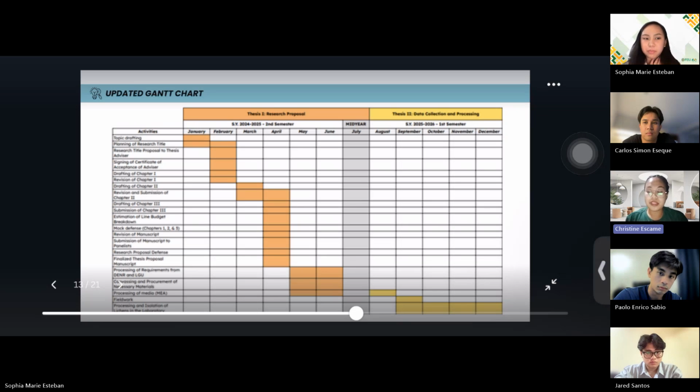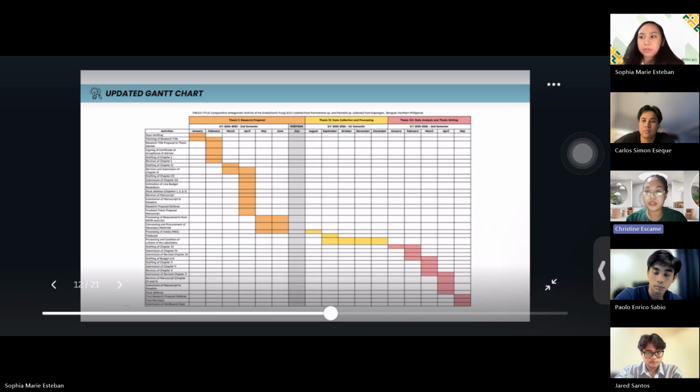Now, for thesis 3, which is the data analysis and thesis writing from the month of January to May. For the month of January, it is allotted for the starting of the draft of chapter 4. For the month of February, which is the finalization of the draft of chapter 4, at the same time, submission of the draft, revision, submission of the revised copy, and starting of the draft of the